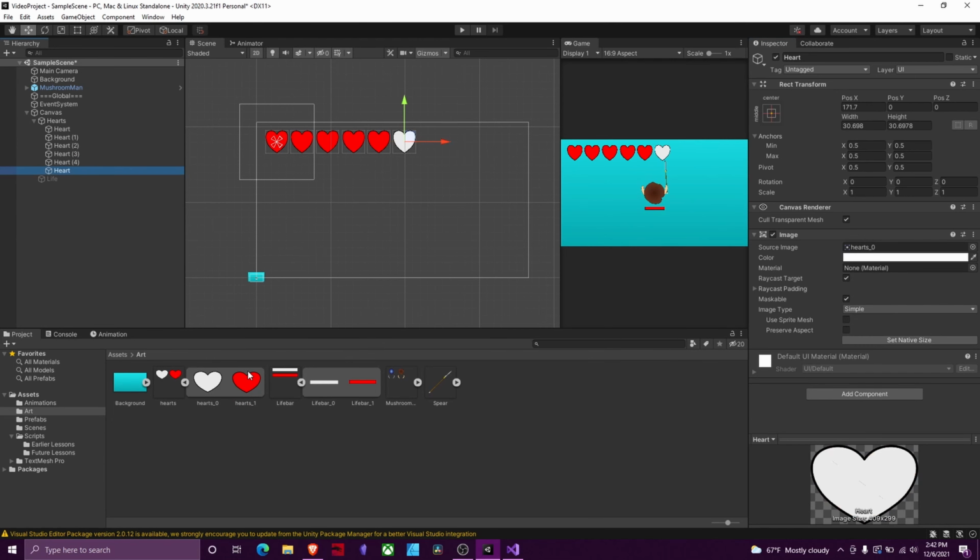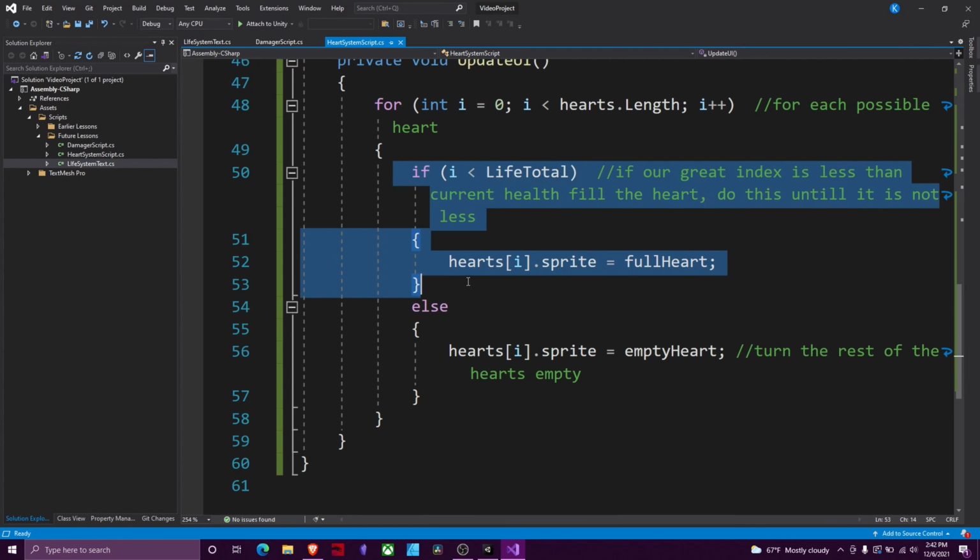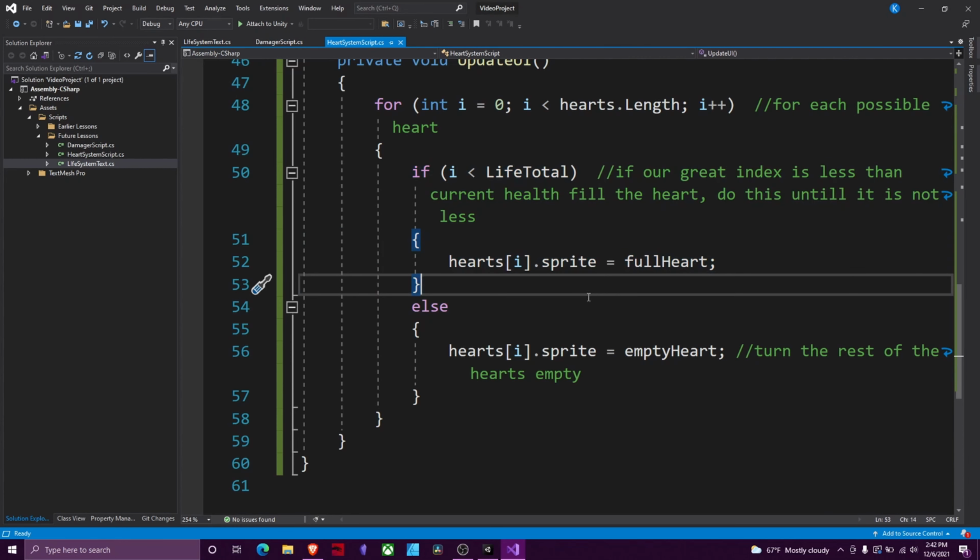Then let's say we take damage. So say someone swings at us and does 2 points of damage to us. So it comes down here and says, okay, I equals 0. Is I less than 6 minus 2, which is 4? So is 0 less than 4? Yes. So it will, as previously discussed, turn on the first 4 hearts,